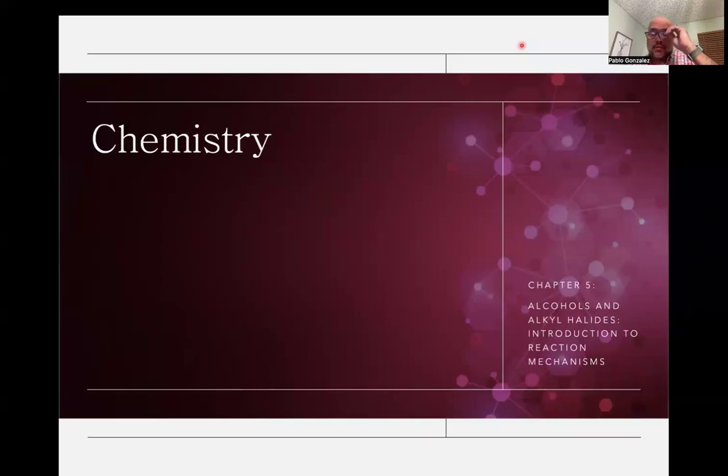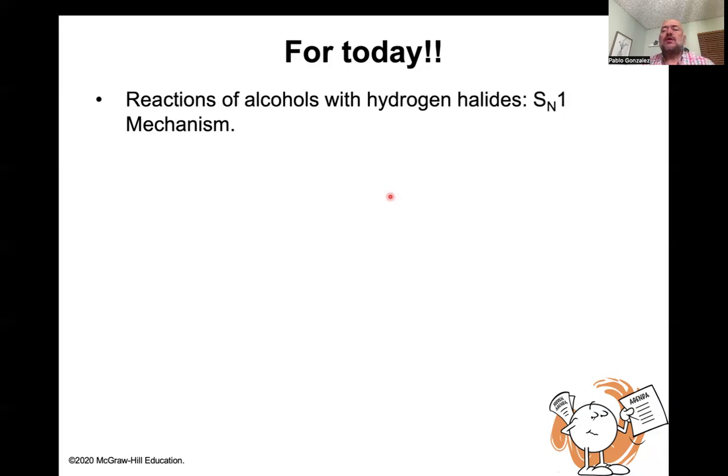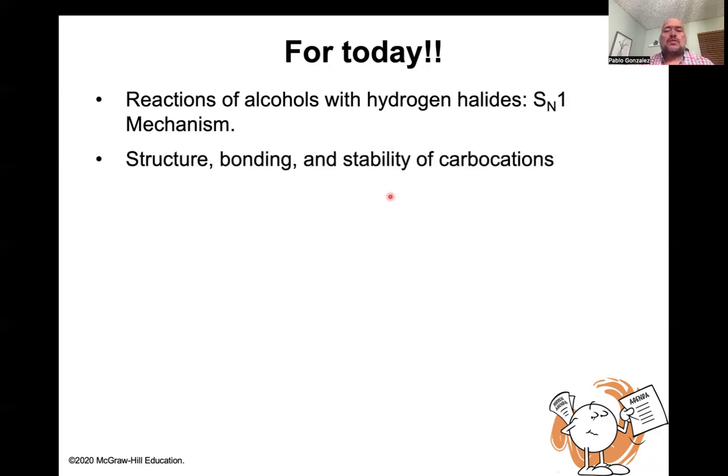Hello, guys. So today we're going to be covering the second half of chapter number 5, Alcohols and Alkyl Halides, Introduction to Reaction Mechanism. And for today, we're going to cover basically the reaction of alcohols with hydrogen halides for the unimolecular nucleophilic substitution mechanism, or SN1 mechanism. Also, we're going to talk a little bit about the structure, bonding, and stability of a species that